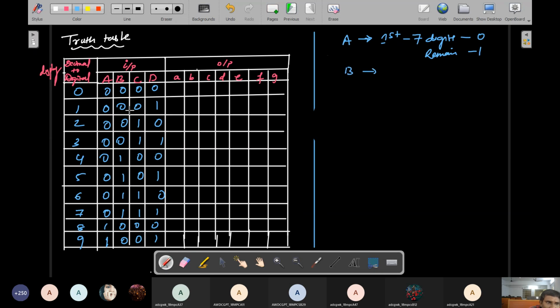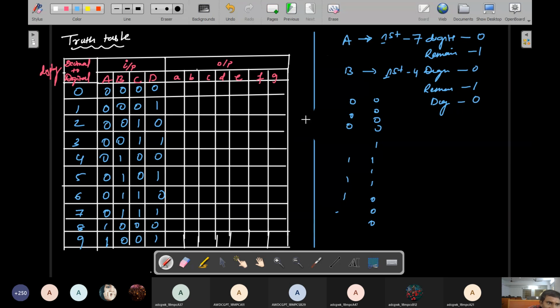This is the shortcut to remember: first 4 zeros and 4 ones. So first 4 digits take 0 and remaining take 1. And again 0. So what I am saying is simply, in the A terminal, first 7 digits 0, remaining ones. Again you will take 7 ones actually. So 7 zeros, 7 ones, like so. B terminal is 4 zeros, 4 ones, again 4 zeros, so up to last.